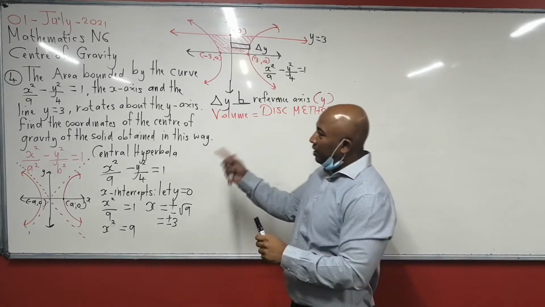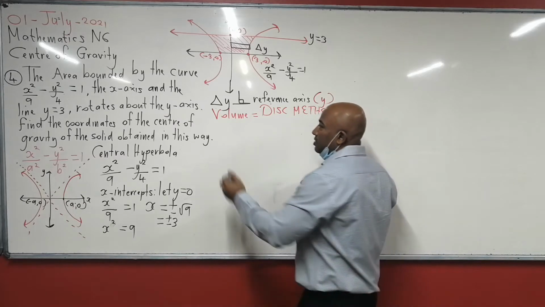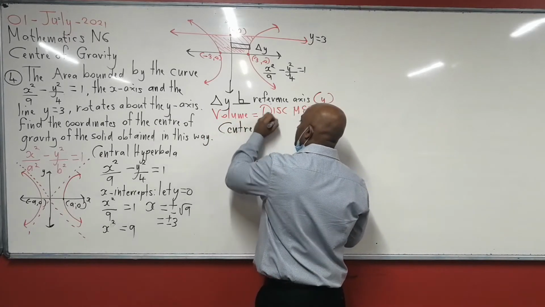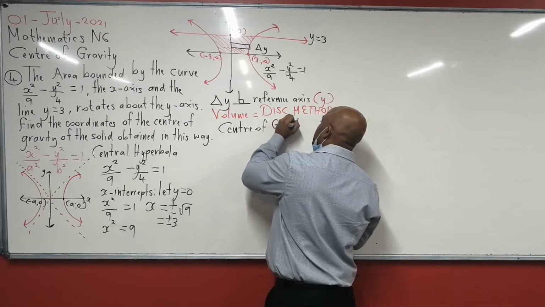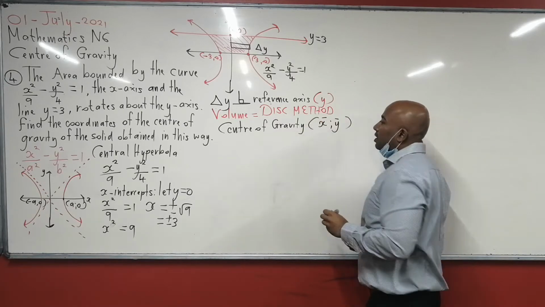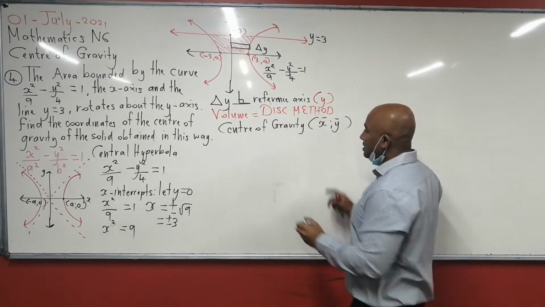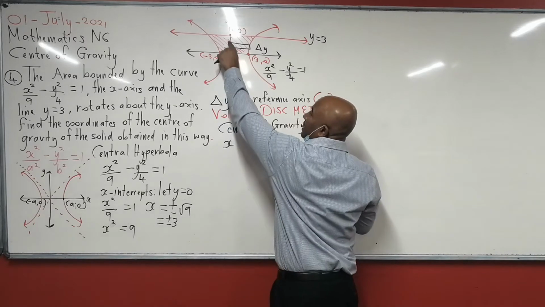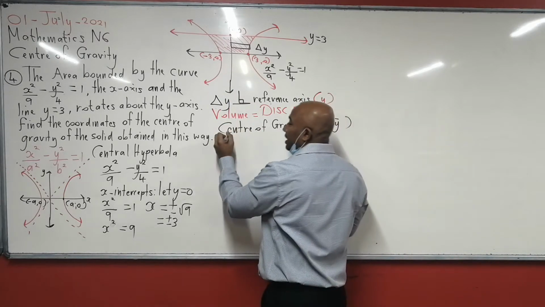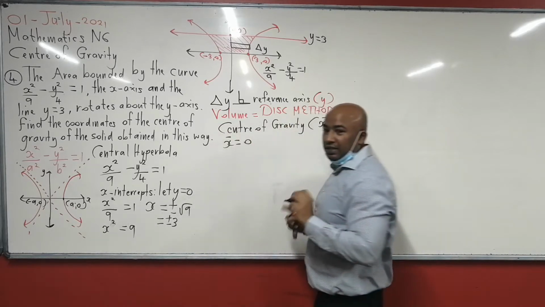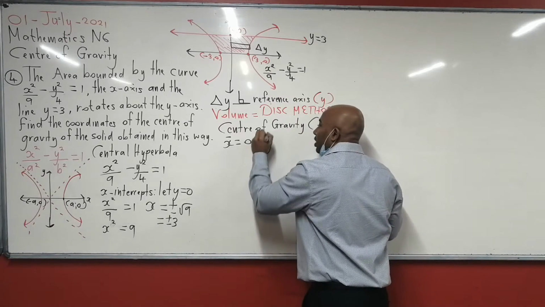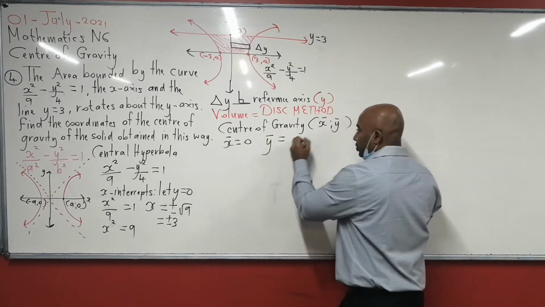Now, when we're rotating about the y-axis, the coordinates of the center of gravity, let's call this x, y. We are rotating about the y-axis, so we know on the y-axis x is always equal to 0. So we need to find the y value. So we know that y is equal to